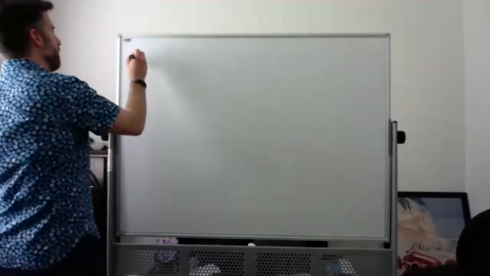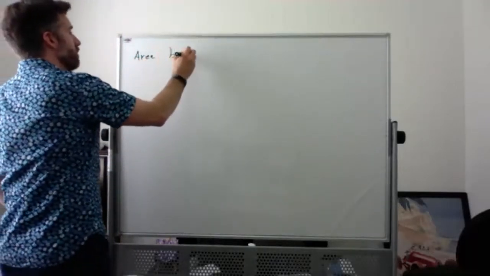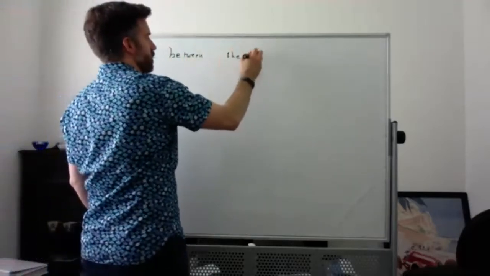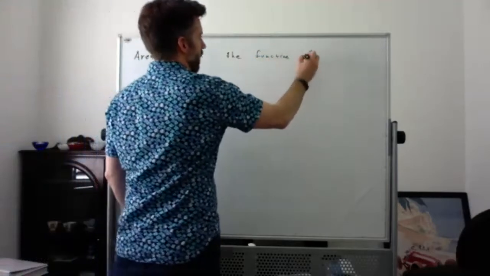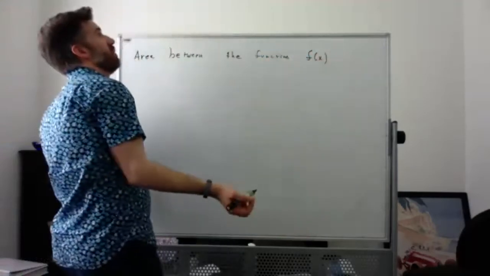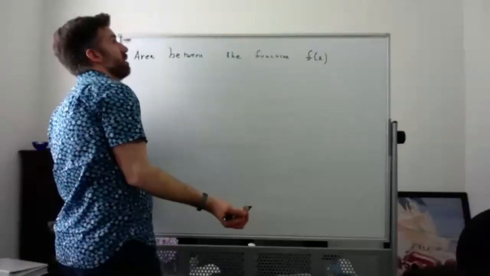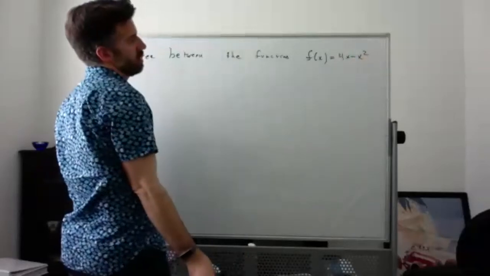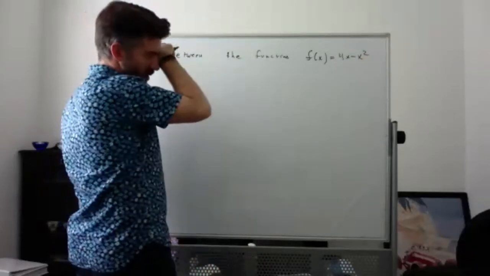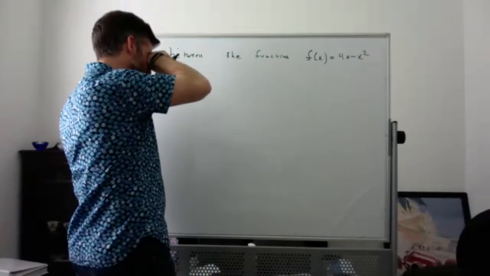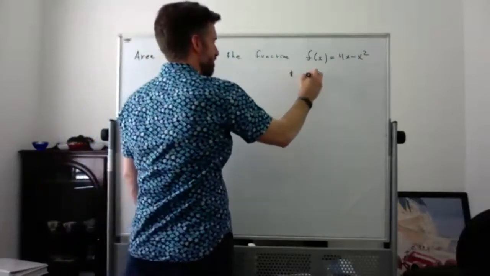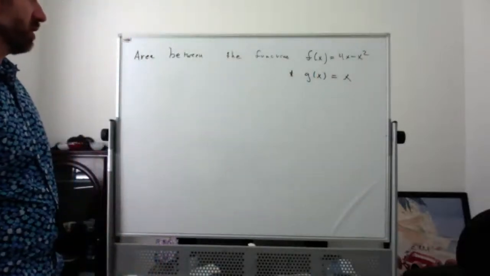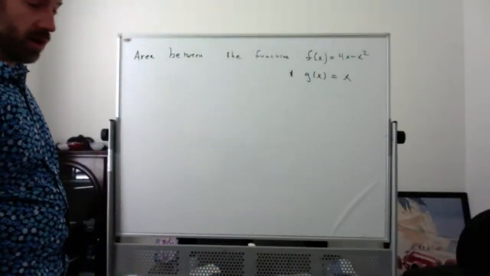Let's say I want to find the area between the curves, the functions. Let's say f of x equal to, let me think for 1 second here, 4x minus x squared. Sorry, 1 second here. And y equals x. So let me double check here. Yeah, okay, that should be fine. All right, so